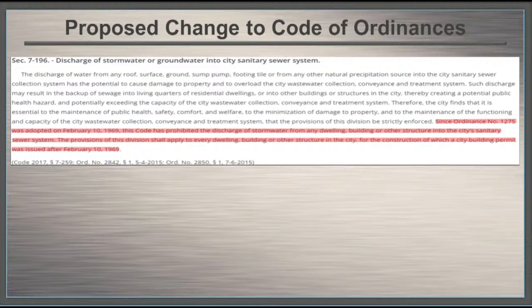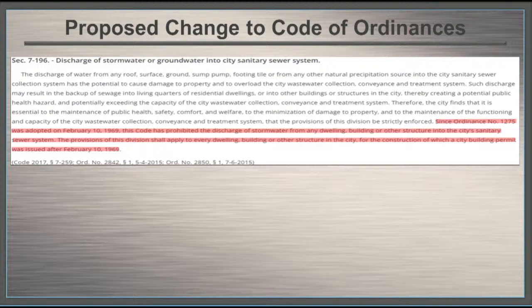One thing we did in 2015 is we did a sump pump removal program. You may remember that, some of you. We just went through the city. Sump pumps were not allowed to be hooked up to the sanitary sewer system after 1969, and we inspected all homes after 1969, made sure that they were in compliance. A pretty simple program to go through. We had a high success rate.